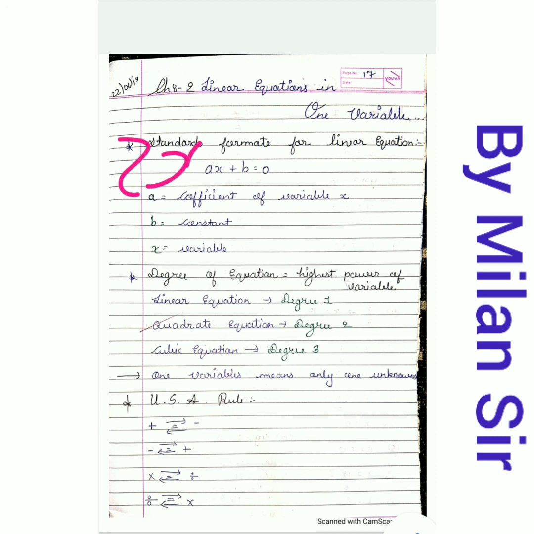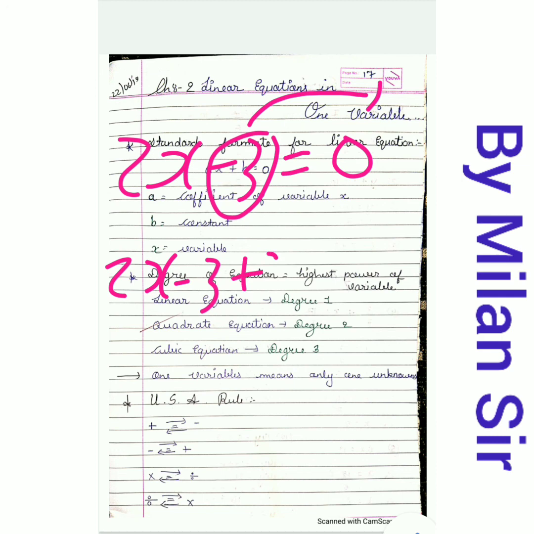Now let's take one example. We are saying that if we transfer minus 3 to the right hand side, it becomes plus 3. But why are we doing this? Here we have 2x minus 3. If I want to cut this minus 3, then I definitely need to apply plus 3 here, because plus 3 minus 3 cancel. So the same thing we need to apply to the right hand side, plus 3. Finally 2x is equal to 3.